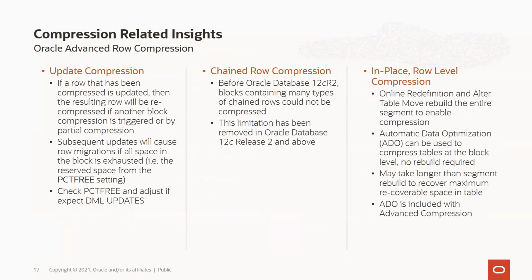Now, hopefully some useful insights or best practices around those. So, a couple things to keep in mind. If you're enabling advanced row compression, so you have advanced row compression enabled, and you expect a lot of updates, one of the things to check is your %free setting. Now, if you think about it, %free is where we go to get space if we need space for updates. So if you start running out of that space, you may see row chaining and row movement going on, and we want to try to avoid that. One thing I've noticed, not very frequently, but sometimes with customers who enable compression, is that they don't look at their %free